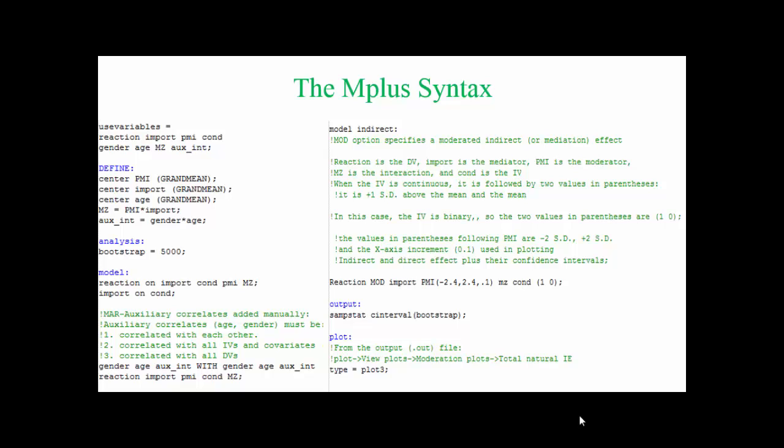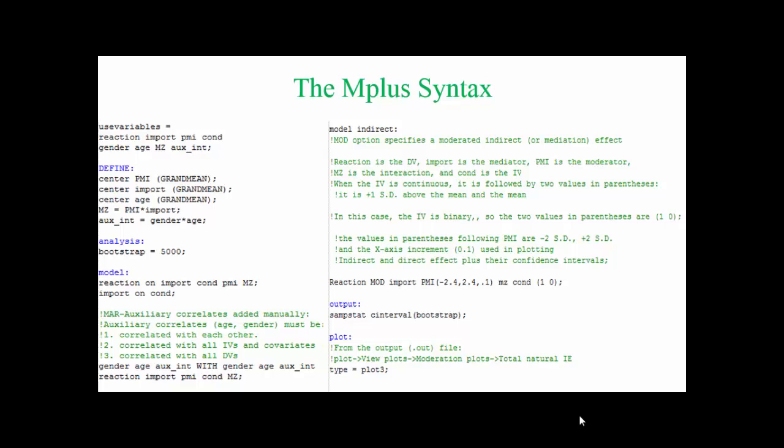So here's my model. And it's your standard regression coefficient input for Mplus. But what I also added right here is information on how to add auxiliary correlates manually in Mplus. Now, those of you familiar with Mplus know you don't have to do it manually because there's a keyword in the variable command called auxiliary that we saw before, but if you put an M in parentheses after that auxiliary, it allows you to add additional information in the form of extra variables to handle missing